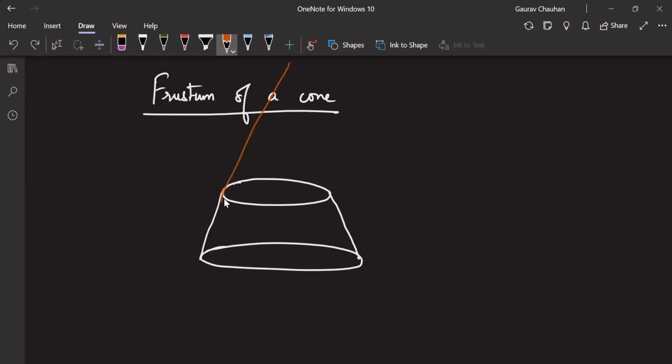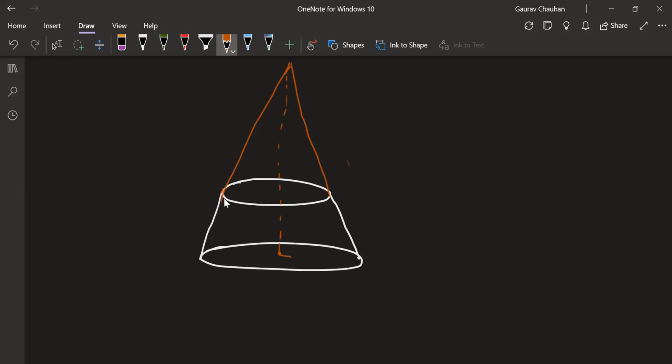Now you see my actual cone which was there in the beginning. That cone had some height. This would be its height fully till here. That cone had some radius. Same way the cone which is cut off has some radius. This cut off cone also has some height. Now these measurements might become important, because sometimes some questions might come which you can solve easily using this. So let's look at these measurements.